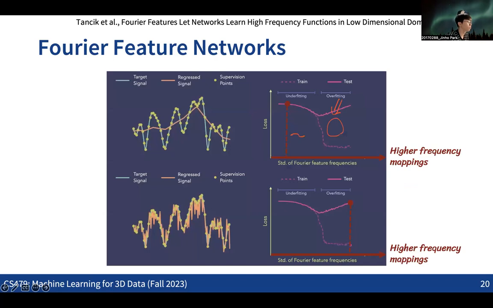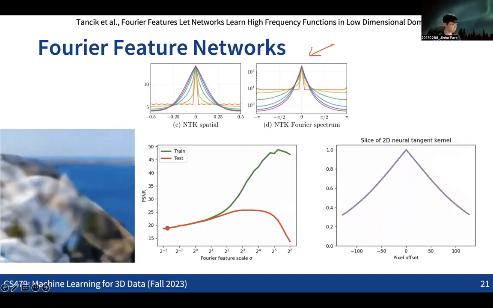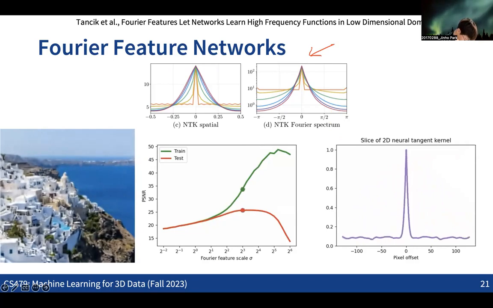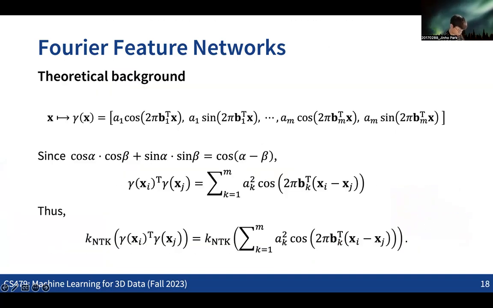Let me show this first. What we can see from this graph is how much weight we put on each of the cosine and sine functions. Let me quickly go back to the previous slide. Here, for each of the cosine and sine functions, we can set some kind of weight, right? A is the weight, how much weight we are going to put on each kernel function with a different kernel width.